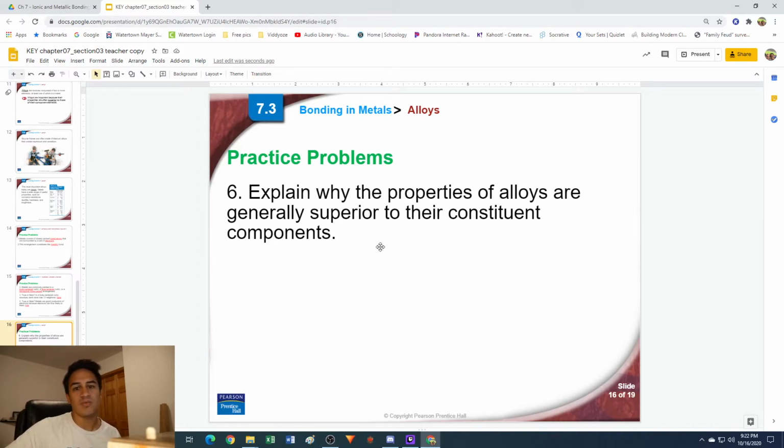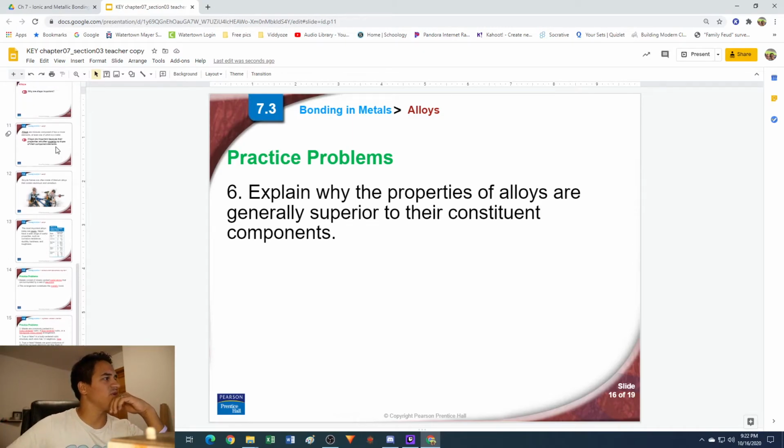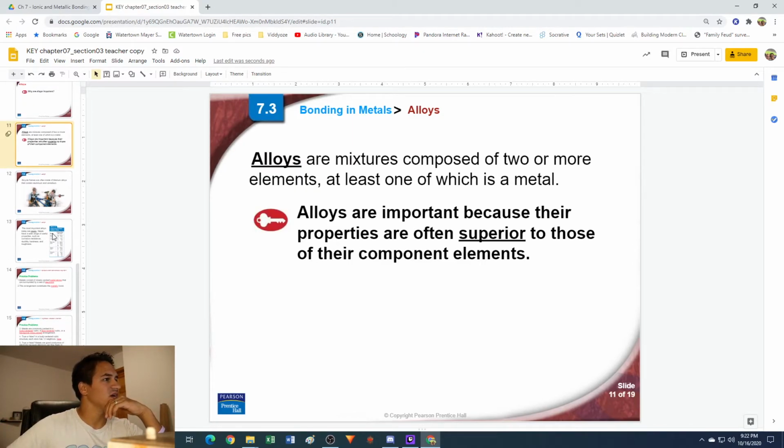All right, then number 6, it says, explain why the properties of alloys are generally superior to their constituent components. So alloys pretty much take the properties of the metals that make them up. A lot of times they are going to have more superior properties, primarily because they take all of the strong points of each metal and add them together, right? If you want to look in the notes and see specifically what it says,